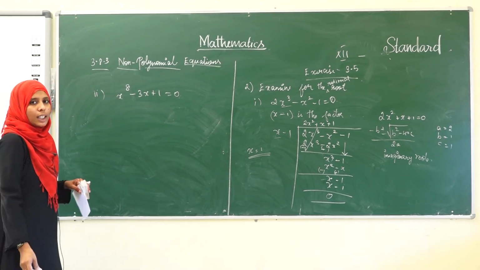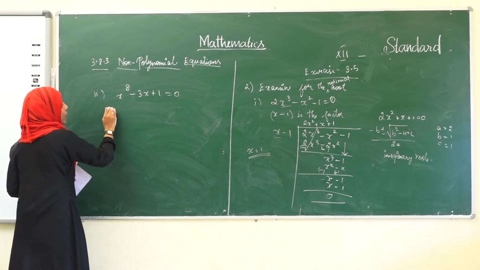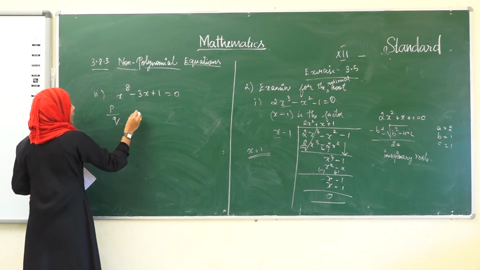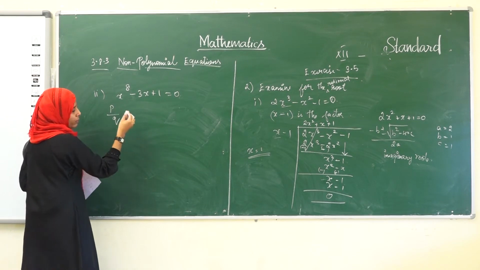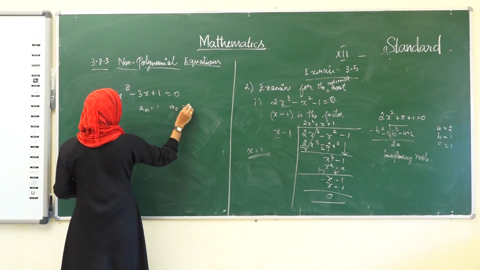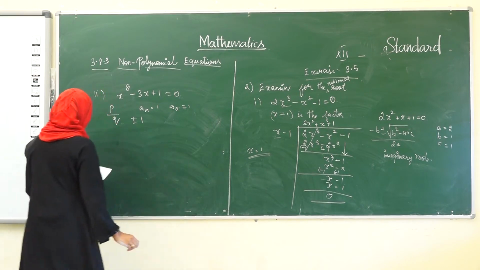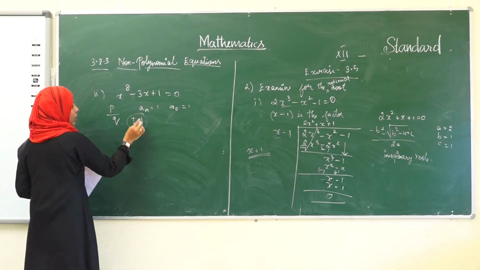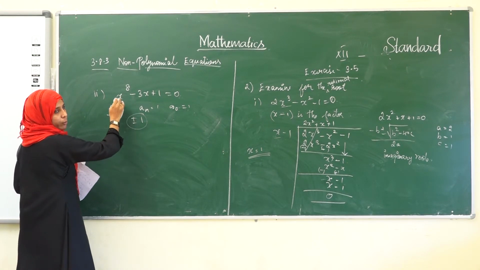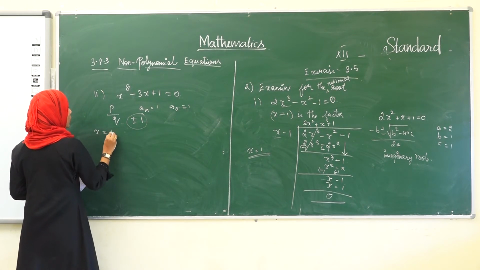Okay, we learnt a theorem in the last class, that is the rational root theorem. So, by the rational root theorem, one of the roots of this equation will be in the form of p by q, where q is a factor of a naught and p is a factor of a n. Here a n is equal to 1 and a naught is equal to 1. Since both are 1, the root will be in the format plus or minus 1. Any one will be the root. Now what we are going to do, we are going to substitute in this and find whether these are the roots. So let us substitute x is equal to 1 in this equation.